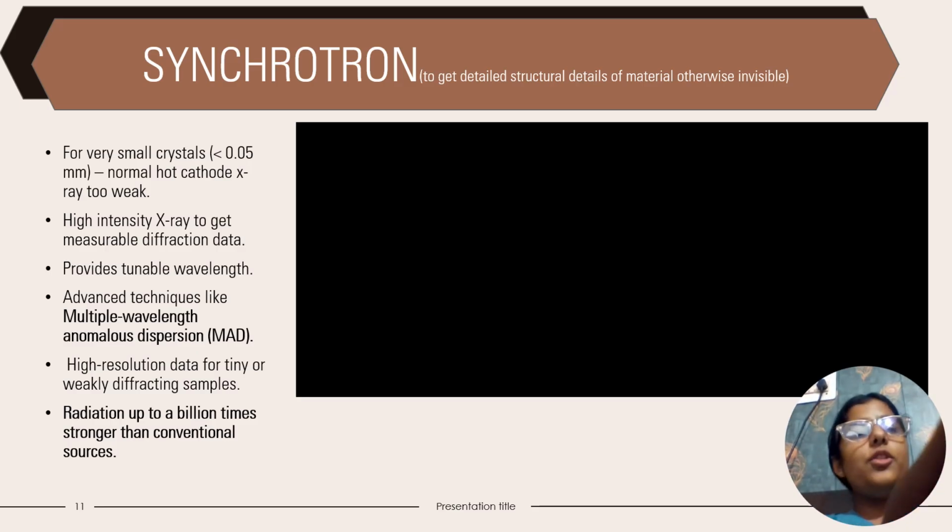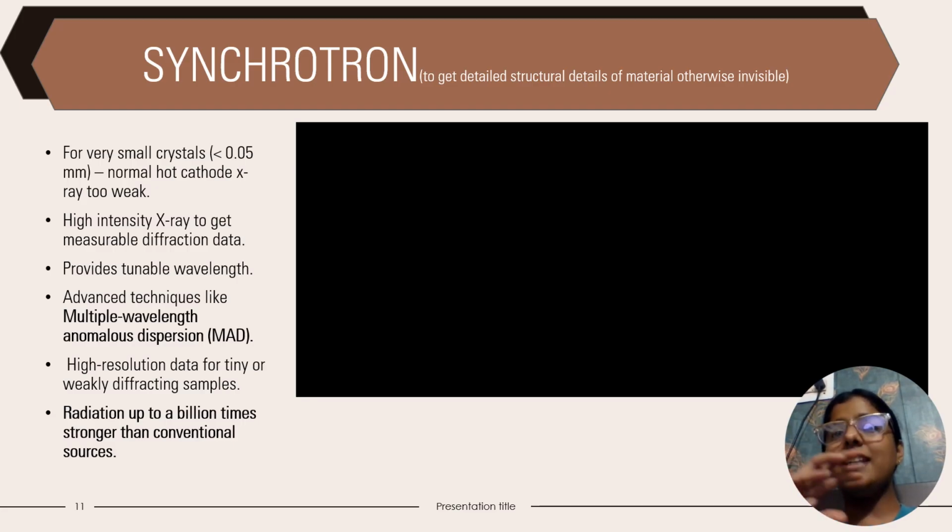Now, this synchrotron radiation was actually used to determine the structure of ribosome. To determine the structure of ribosome, the scientists used extremely intense X-rays from a synchrotron radiation source, and these high brightness X-rays allowed the diffraction data to be collected from very tiny ribosome crystal that conventional X-ray tubes couldn't handle. Using this data, researchers mapped the atomic structure of both ribosomal units of a ribosome, that is